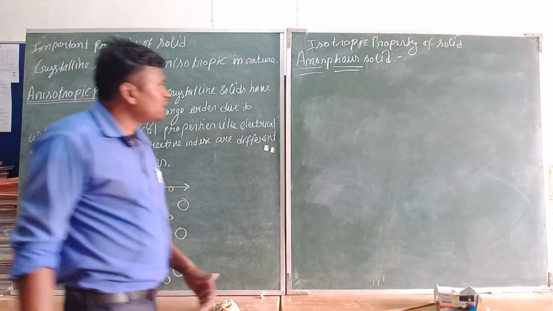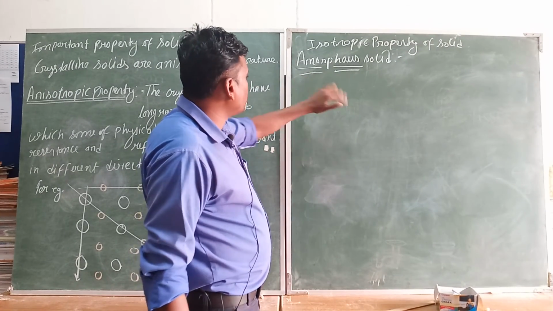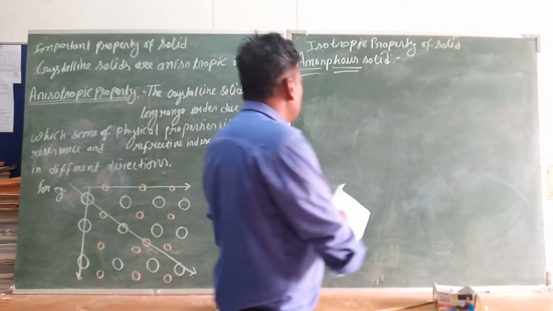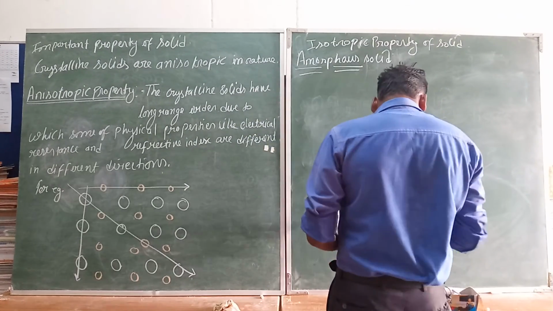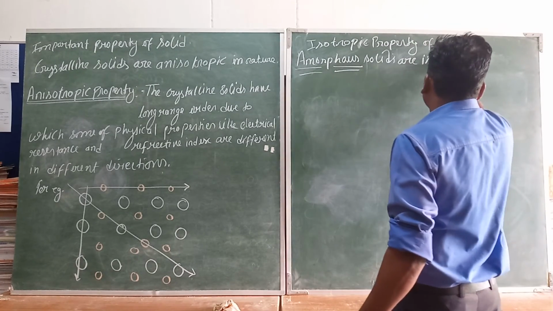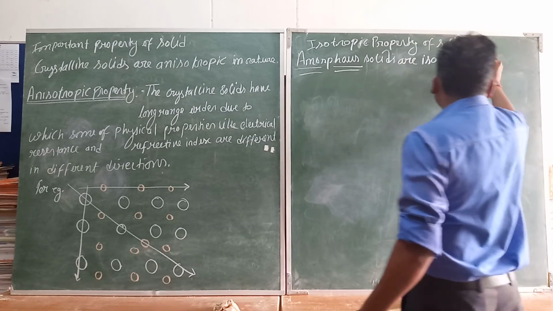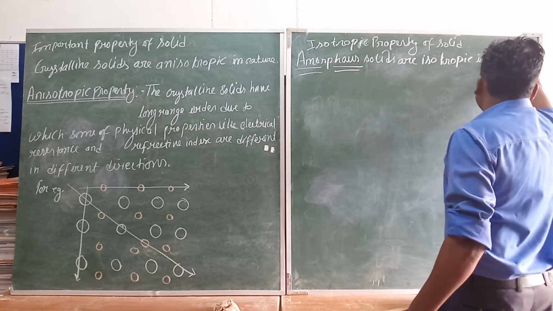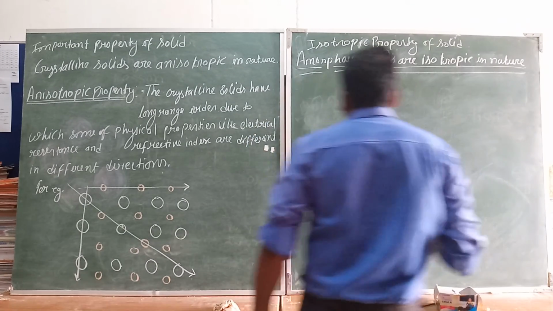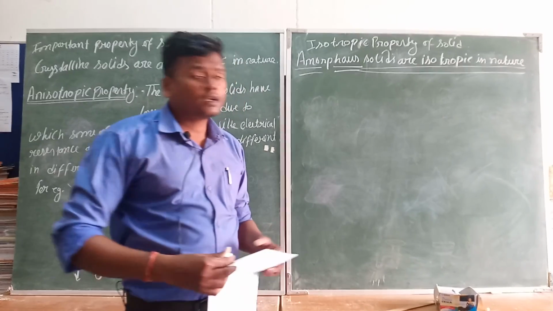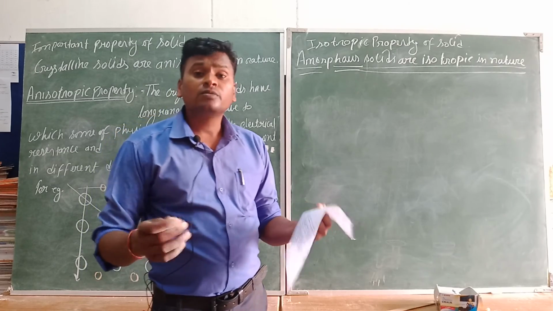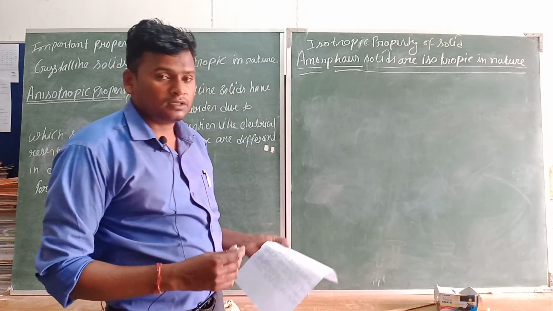Anisotropic property occurs generally only in crystalline solids. Now if we take a look at amorphous solids, the amorphous solids are isotropic in nature. What does it mean? Isotropic in nature means, just remember the arrangement of the constituent particles in an amorphous solid. Just see, it is